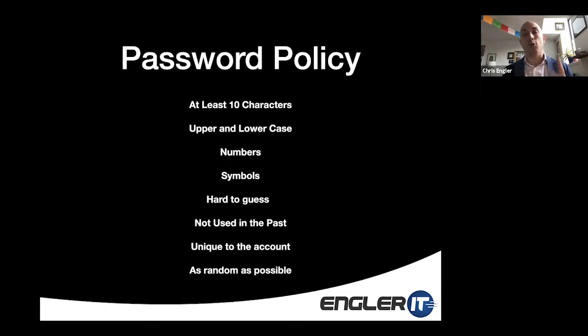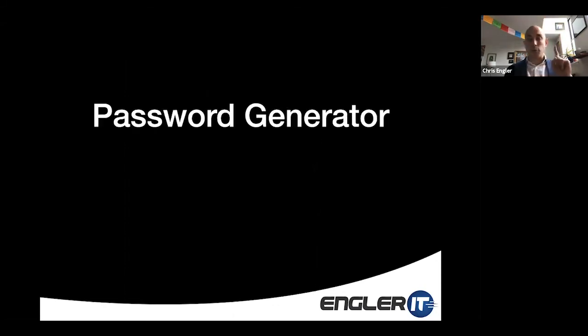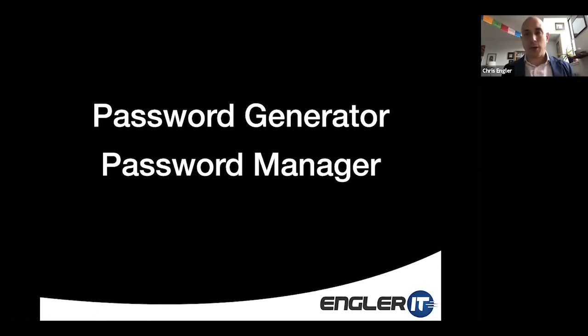And I'm going to share with you now the 2 tools that you need in order to implement this in your life. You need, number one, a password generator, something that is going to come up with the password for you that's going to meet the criteria. So you don't have to keep trying to guess what a good password might be for whatever website you're on. If you stick to those criteria that I showed you, it will work for pretty much everything. And then the next thing you need is a password manager. This is the tool that's going to remember the password for you and recall it for you, plug it into your application or your website when you need it, so that you don't have to remember it. So you don't have to come up with things, you don't have to remember things. And now I'm going to show you exactly what these things are on Apple and Windows.